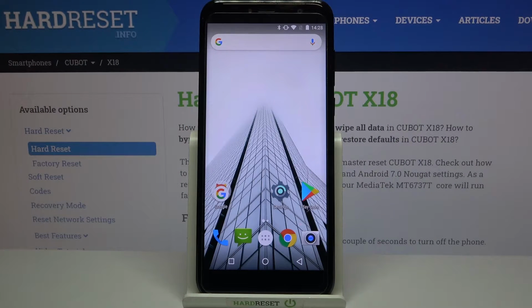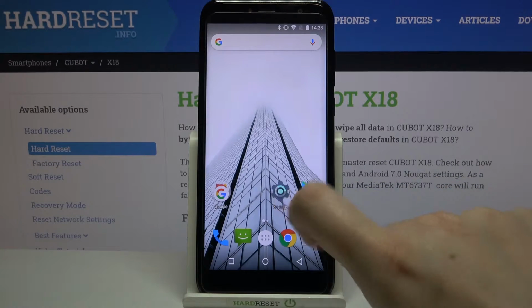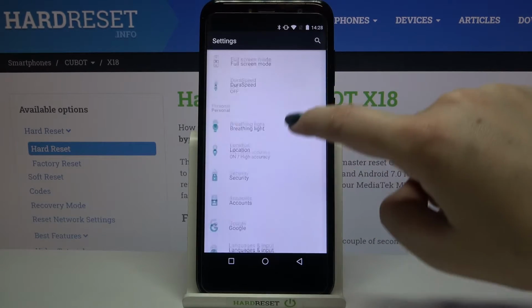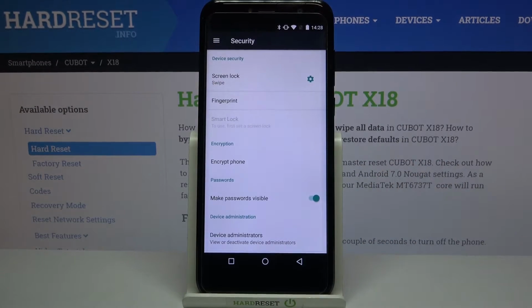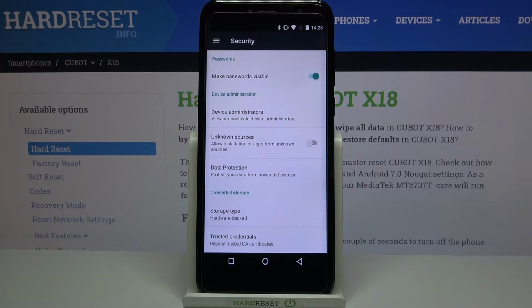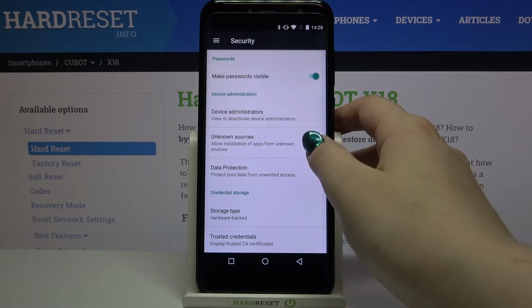Hi everyone, here we've got CUBOT X18 and let me share with you how to allow unknown sources on this device. So first of all, we have to enter the settings, and now let's scroll down in order to find the security. Let's tap on it. Now let's scroll down again, and as you can see in the device administration section on the second position, we've got unknown sources. So in order to allow the installation of apps from unknown sources, just tap on the switcher